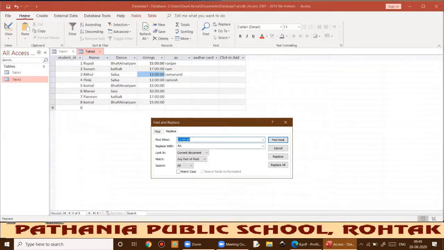In the Home tab we have 1, 2, 3, 4, 5 and 6 groups, and in these 6 groups we have different options. Fine, like if we have to use the find and replace option, then in the Home tab we will go to the Find group, and we will get the Find option and the Replace option also, and otherwise we can use a shortcut key also.